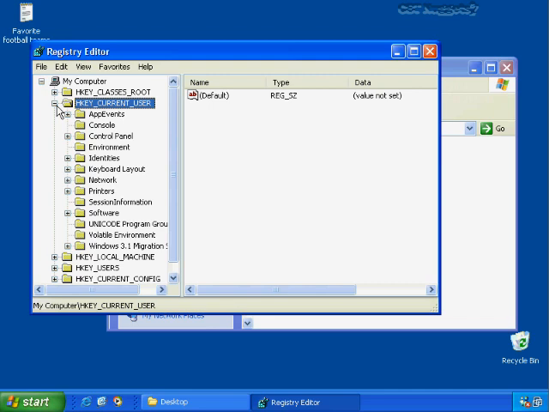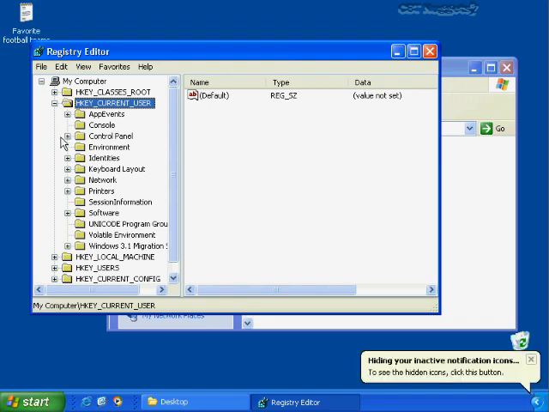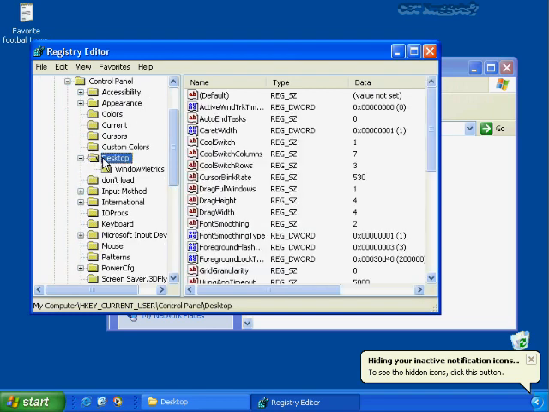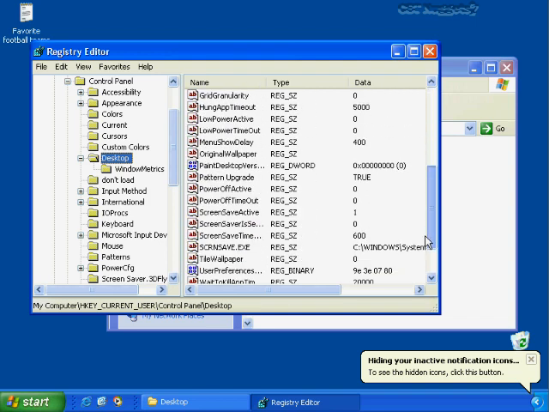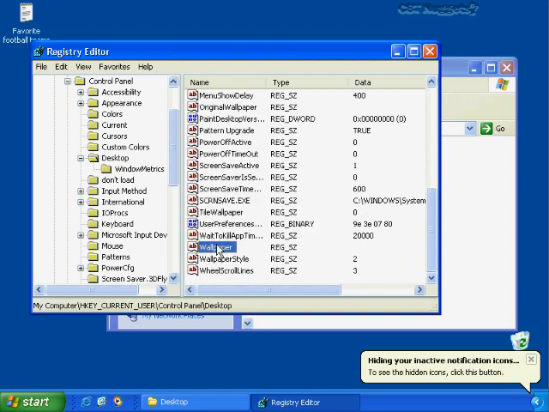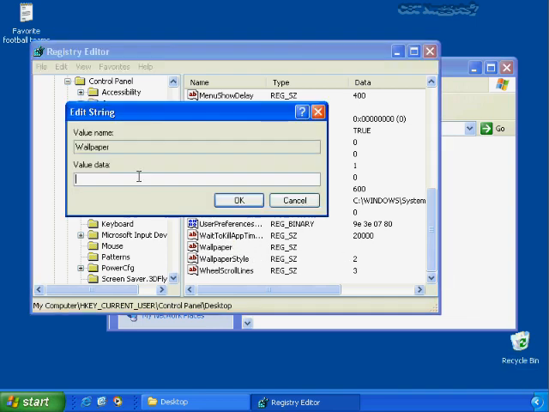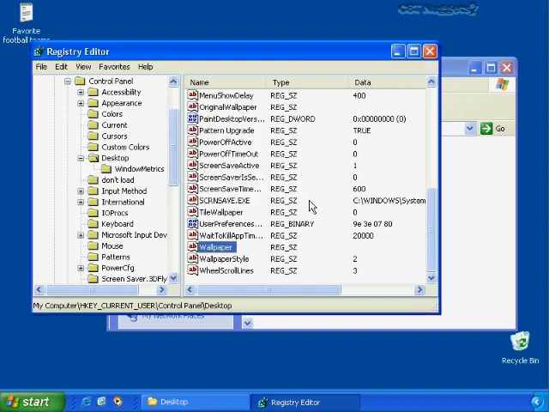So for example, if I were to go under this, and I'm kind of freestyling it here because I'm making this up as I go along out of memory, but Control Panel and then Desktop, then we could go into this and see what kind of things we have. So for example, I think it has the wallpaper right here. Okay, there is no wallpaper, right? That's what that's telling me. If I were to change that, I could enter a file path to a known bitmap, for example, and then I would be able to change that particular setting. So that's just some of the different types of settings that can be configured through the registry.